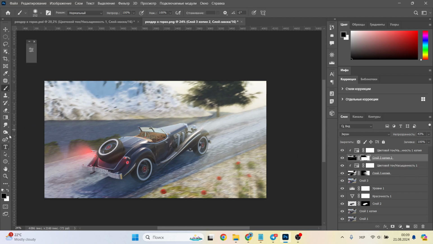Well, in a similar way, we need to work with the mask of the second layer. I choose a black and white gradient and put it on the mask. It does not necessarily have to be the same as the previous one. And it may be even better if it is slightly different. Our goal is to choose a beautiful option. And also paint a black brush on the mountain so that there are no rays on it.